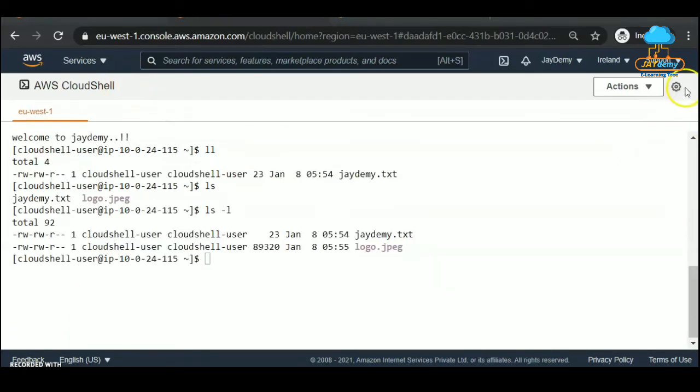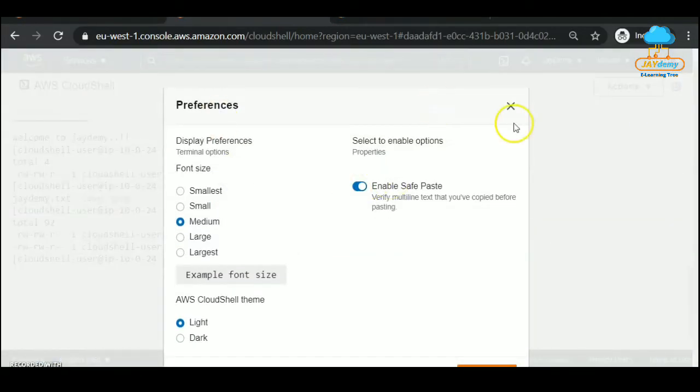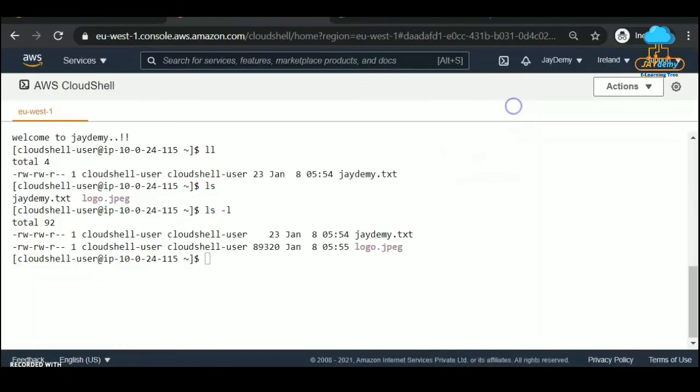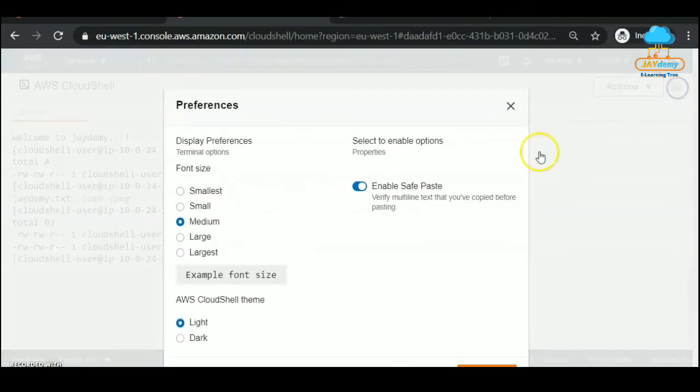Apart from this, we can modify settings. We can modify our preferences by clicking on this gear icon at the top right corner, and we can choose the font size available. 5 sizes are there. You can choose medium, small, or large. So we can go with small, and we can change from light theme to dark theme here.